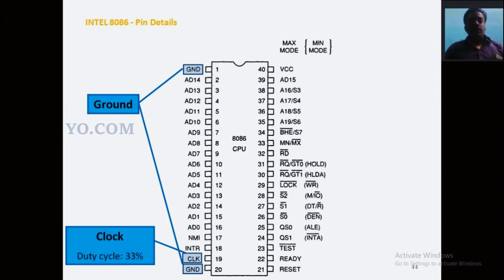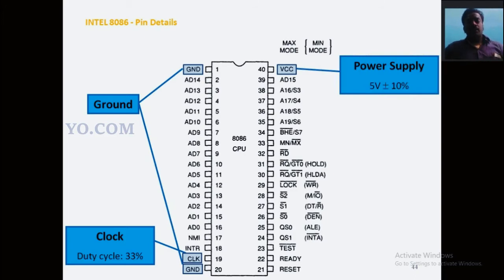So the doctor says that is pulse. In electronics we say that is a clock. Both are the same, right? Here the clock is in the megahertz range. And the next one is